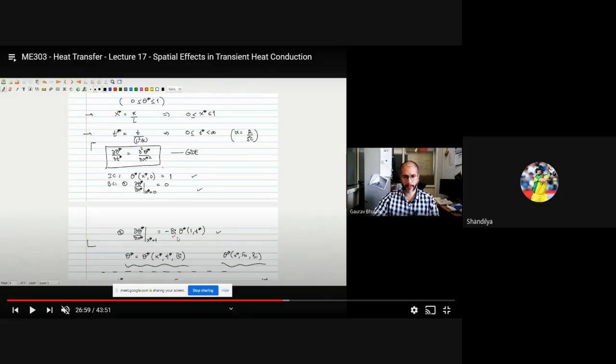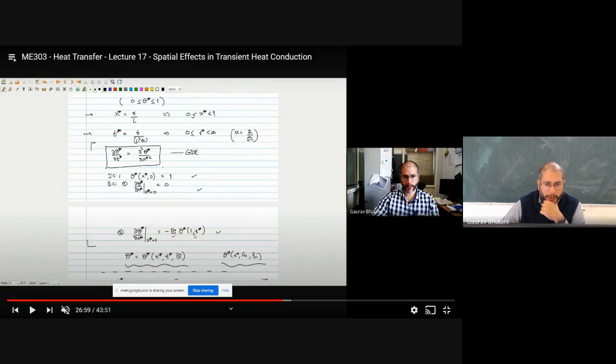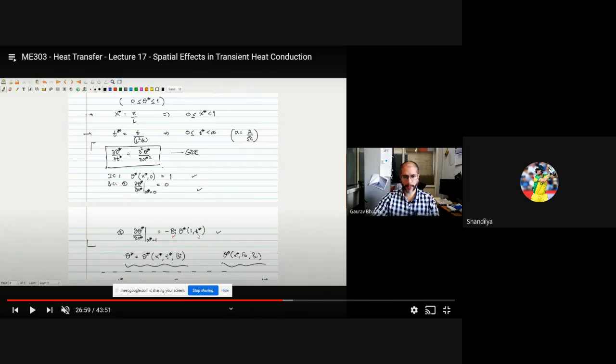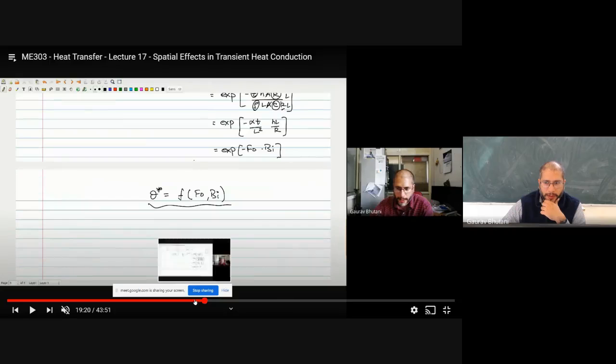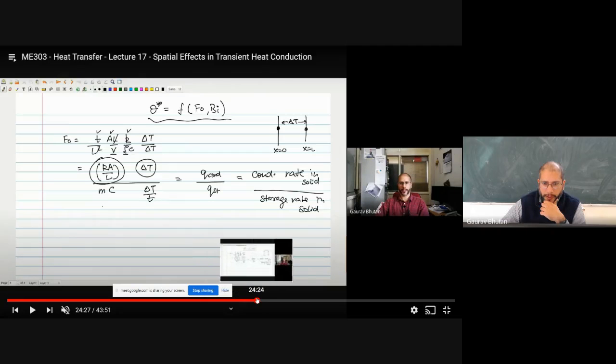Sir, that t star of 1 comma t star, theta star. Okay, so it's not clear how did we get 1 comma t star? So you'll have to tell me what is not clear. I could show how you get this, but is it how you get this boundary condition that is not clear? Yes, sir. Okay. So this is obtained from the previous boundary condition we had.